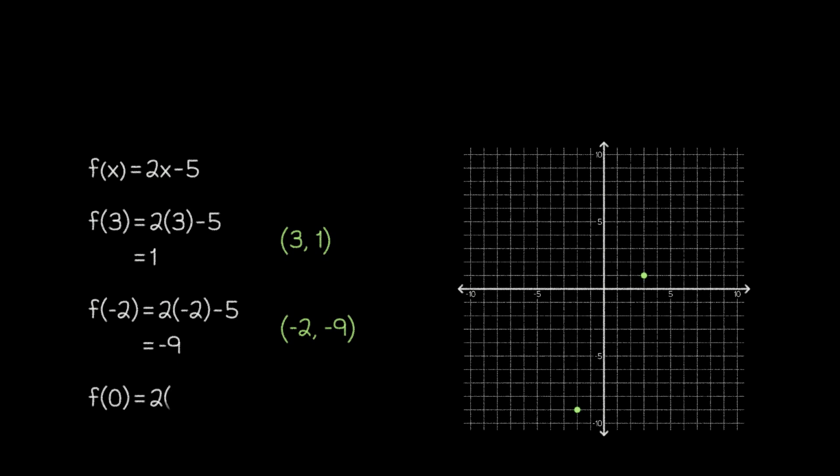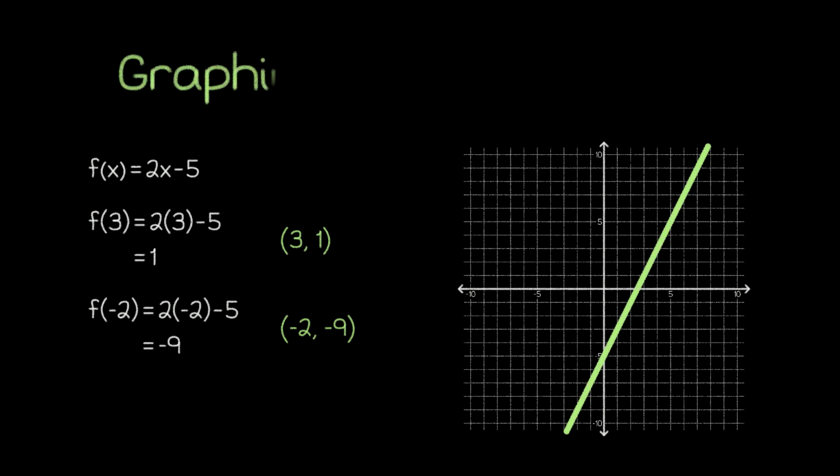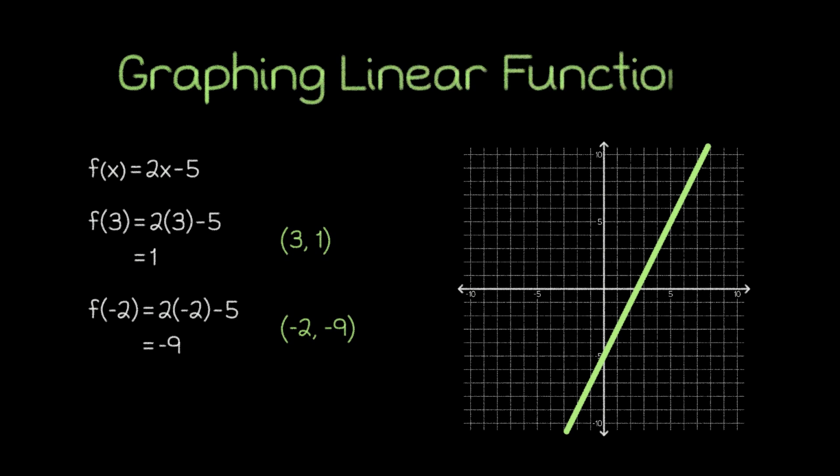If we continue to find more input-output pairs and plot the resulting points, we start to notice that all the points that we've plotted so far fall in a straight line. In fact, no matter how long we continue this process, every point that we find for this function would fall on the same line. And if we were able to find and plot an infinite number of points, eventually, all the gaps between the points would go away, and we would see that the result is a solid line. These are the principles that will guide us through this video as we graph linear functions.